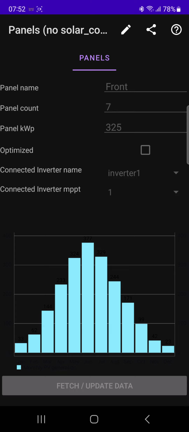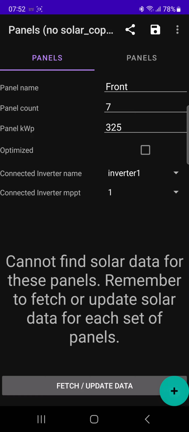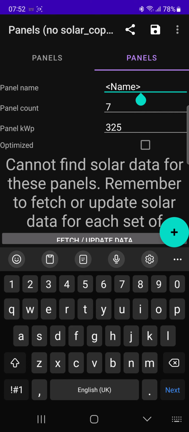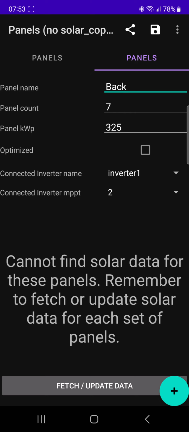Next, I want to add a new string of panels. So I'm going to edit this, use the button in the bottom right to add it, select the new panels, give it a name. In this case, I'm going to call it back. And the number of panels will be the same. It's still not optimized. And in this case, inverter 1 is correct, but the connected port is MPP2. This is important